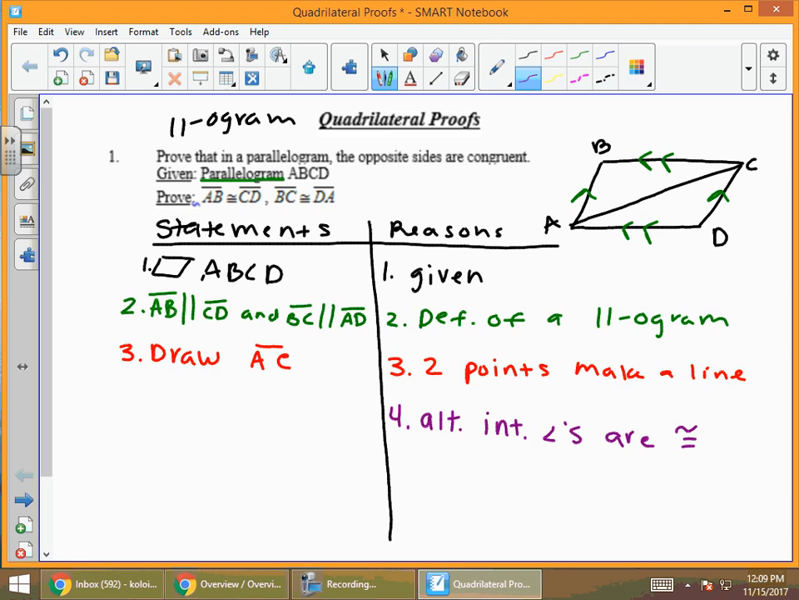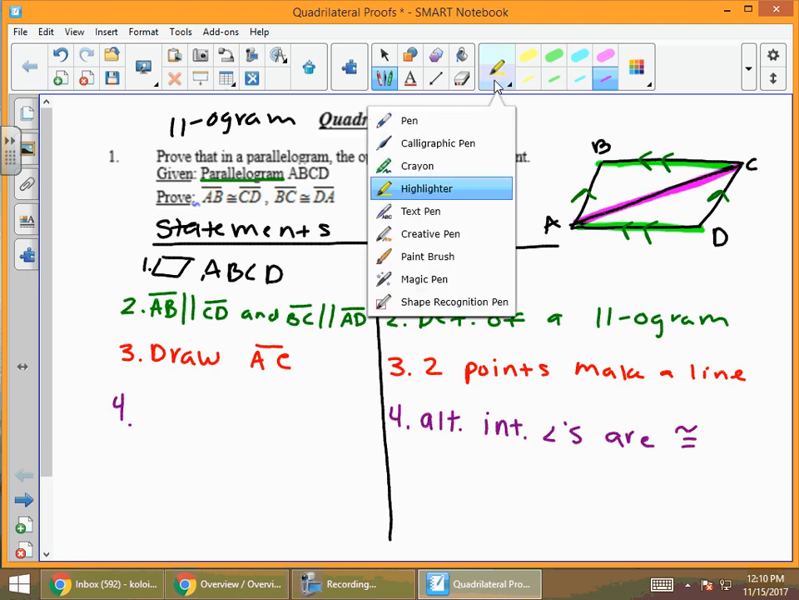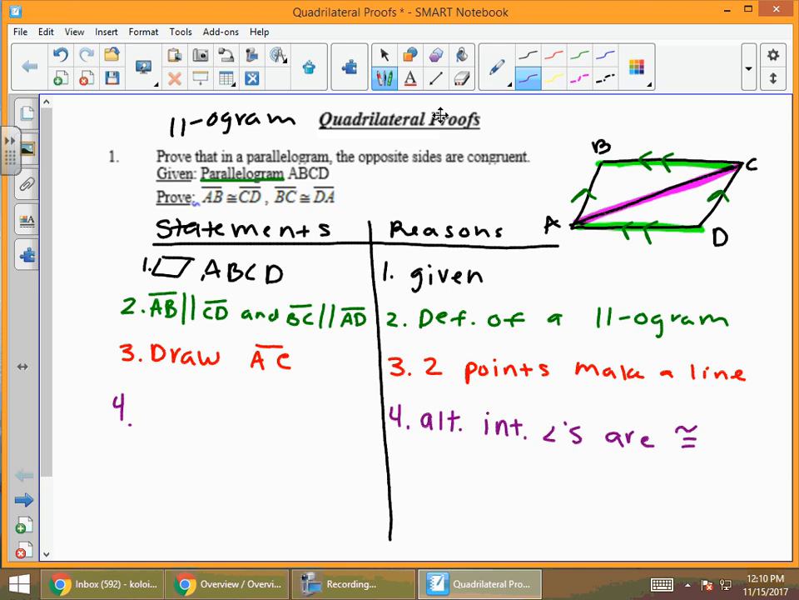We just have to state as our statement what those alternate interior angles are. What's one angle? Careful. Here's our parallel lines. Here's one set of parallel lines. Here's our transversals. Angle BCA. Good. We have angle BCA, and I also like to think to help you get